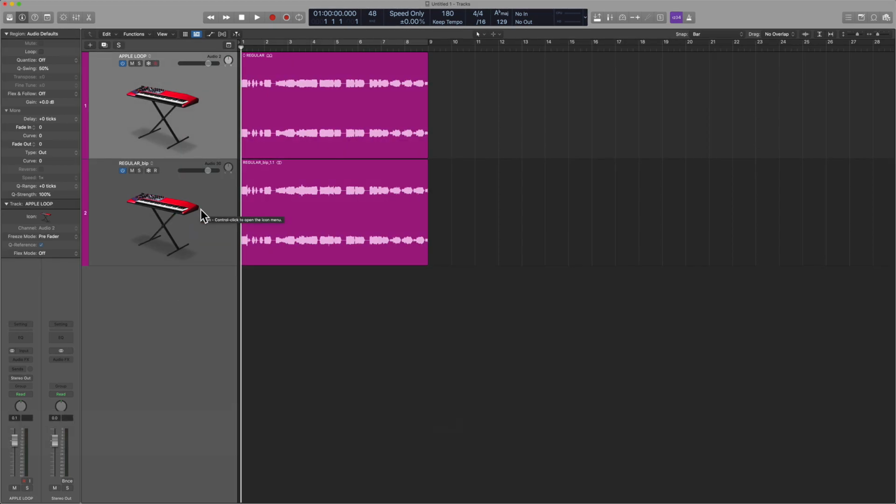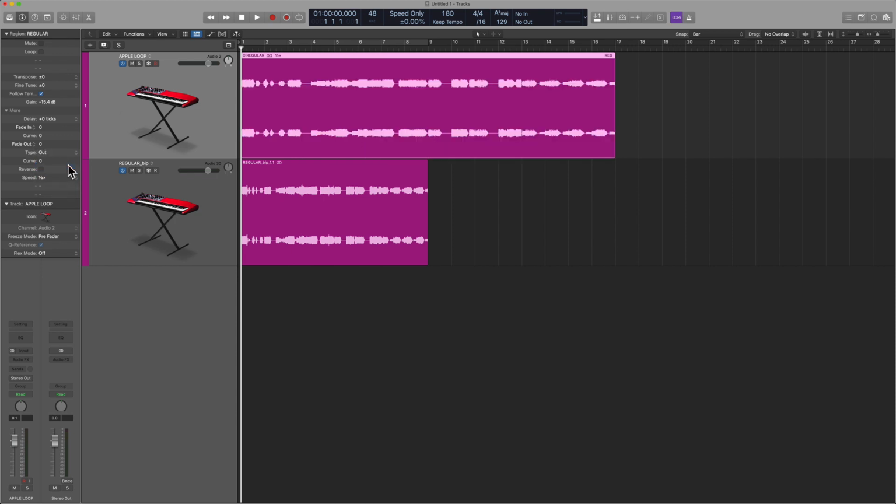Something that should be made clear before I actually show you an example is that this is not necessarily going to work on Apple loops. I just want to be clear about that. And the reason is because if you look at the region inspector, you can see that we already have this embedded into its very system. And so there's no need to compress or expand because this is going to do the compression or expansion for